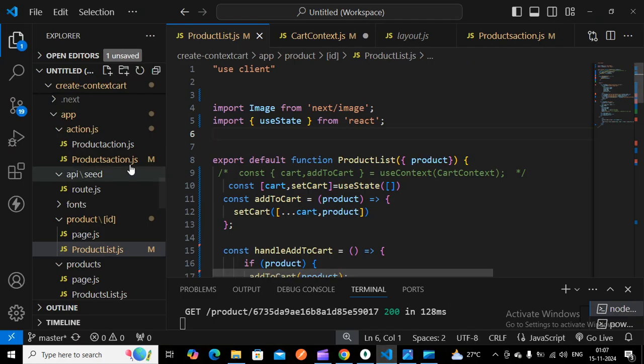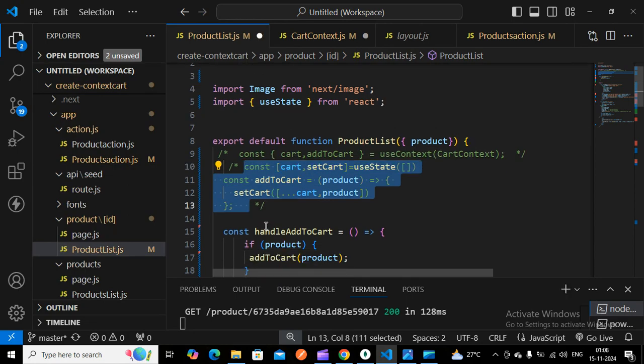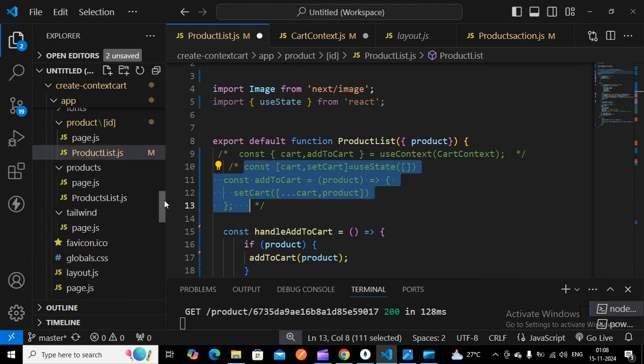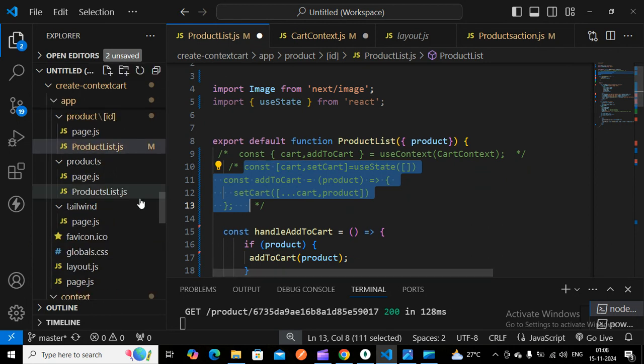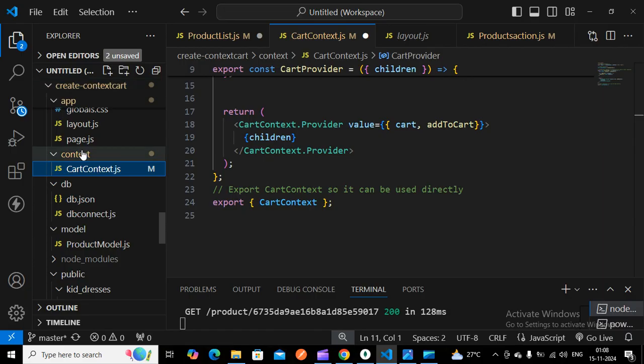In the previous tutorial we had seen how to add to the cart once we click that particular button. Here I just comment this out, because I have to maintain the state. This state has to be maintained overall, so for that I have to create a context. In the app folder, you have to create a context folder, and I have to create a file called